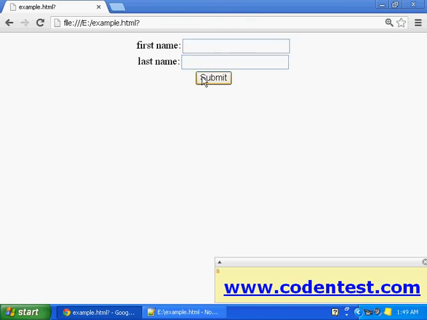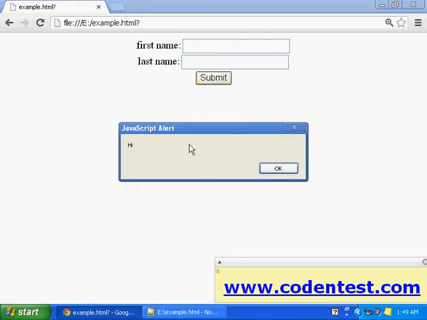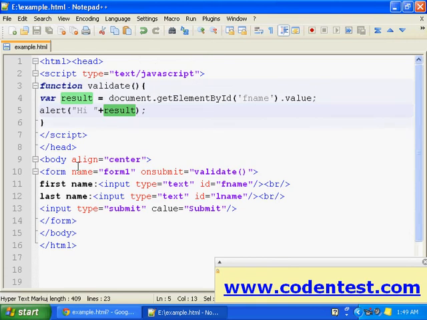If I don't enter anything here and click submit, the alert box will show just hi. See there. That's because we did not add validations for our first name or last name. But this video is about accessing form elements. We can access form elements using getElementById.